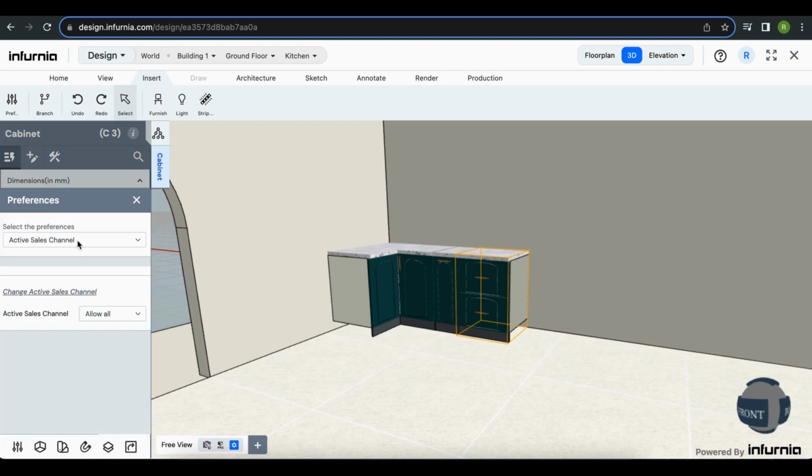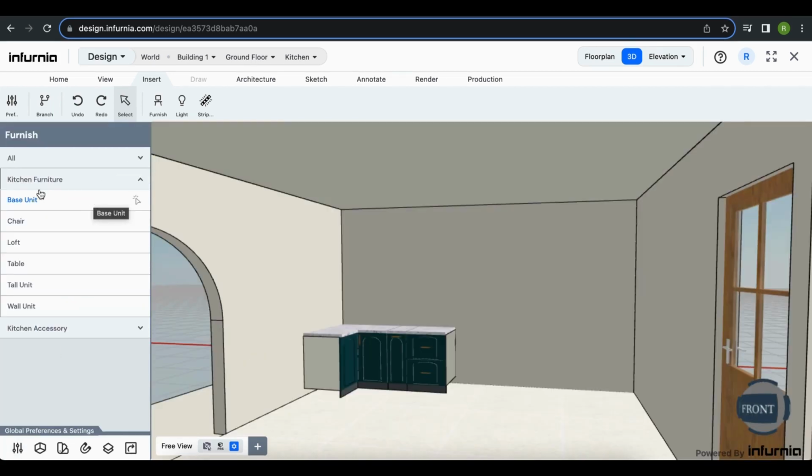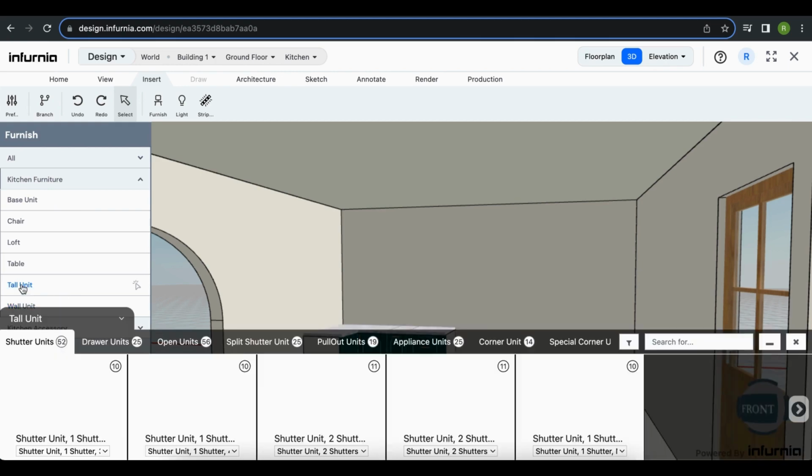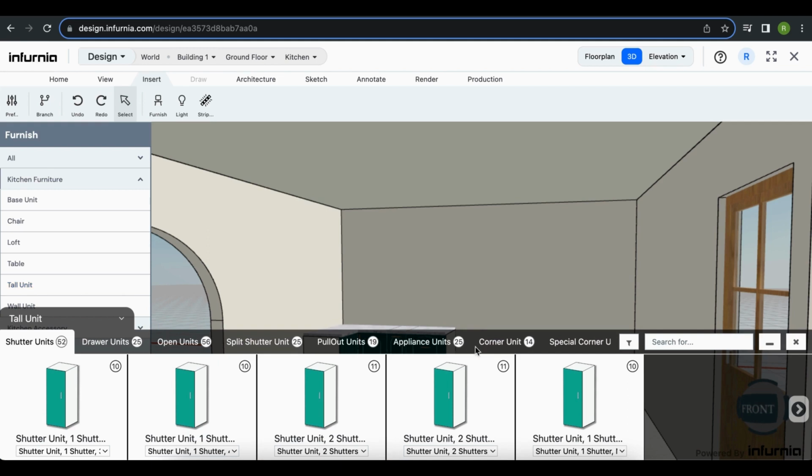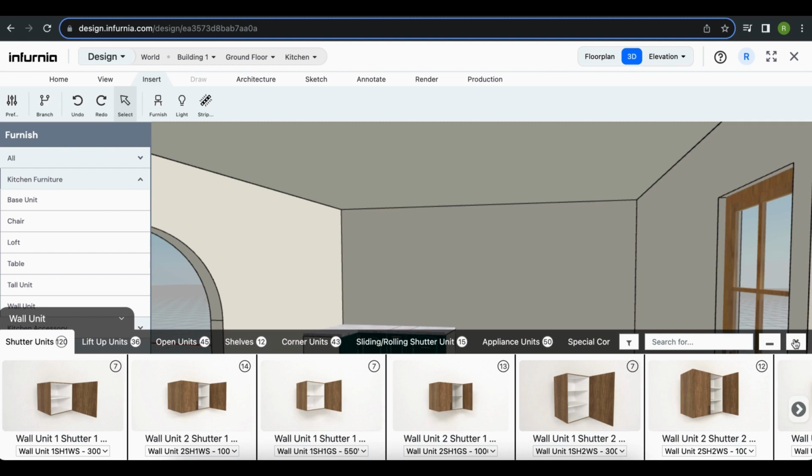that we had set. Just like base units, under kitchen furniture you have tall unit, wall units, etc. as well. So let's say if you want to add any tall unit, then you can select the same, and the different types of tall units also are displayed in your carousel. So you can pick and drop all this in your design and create the entire set of cabinets that you